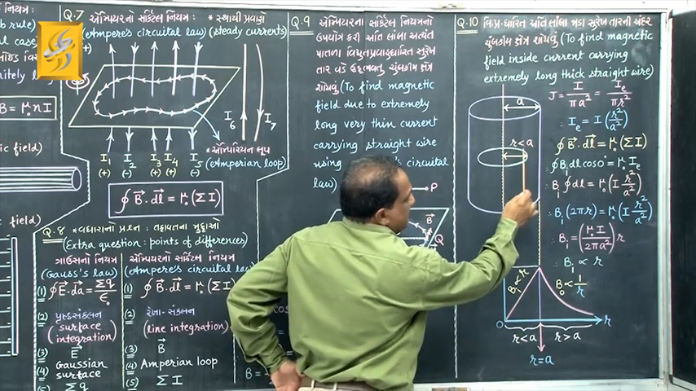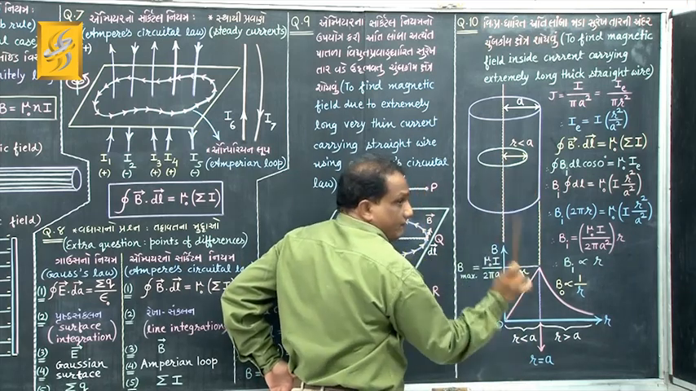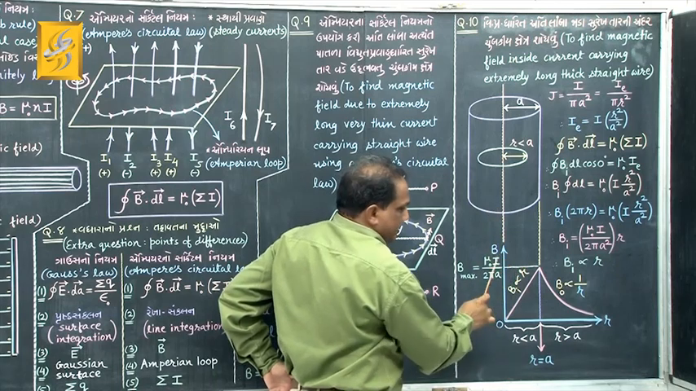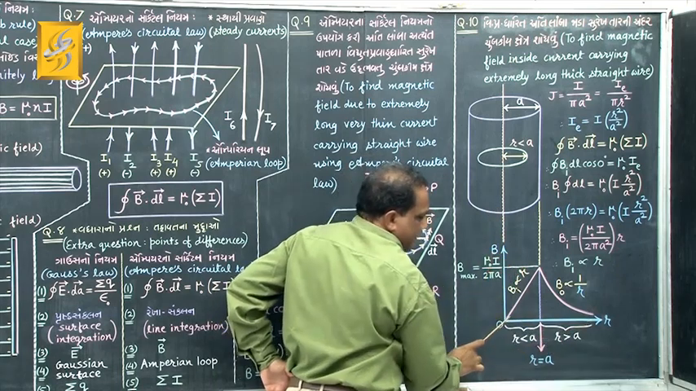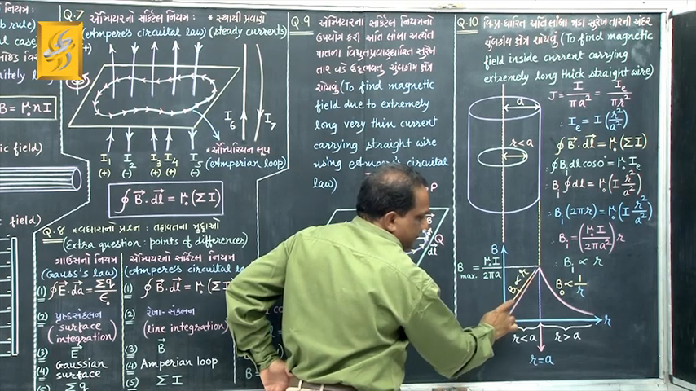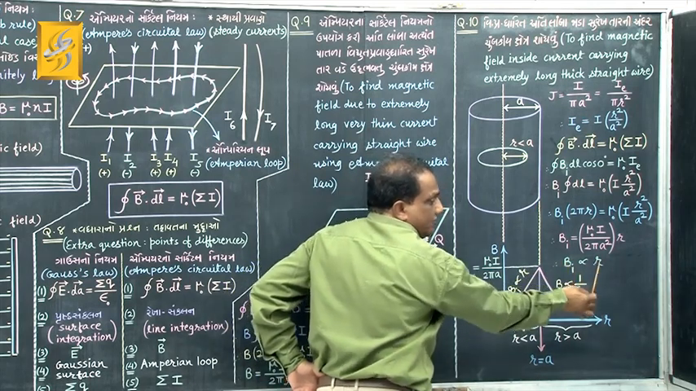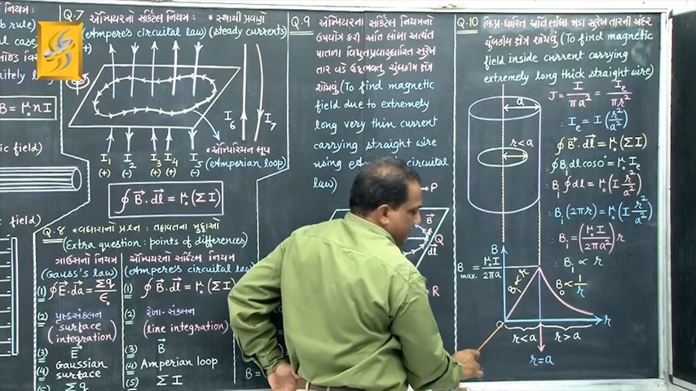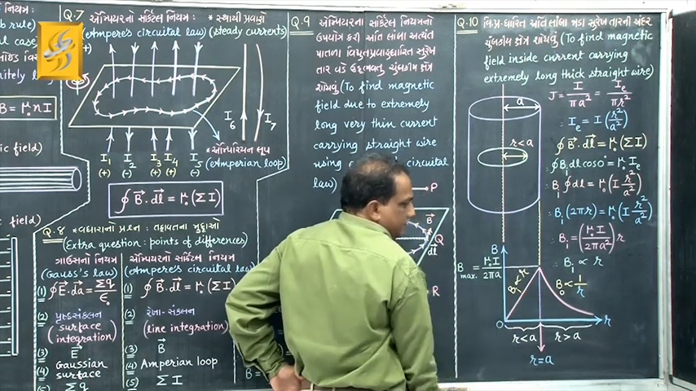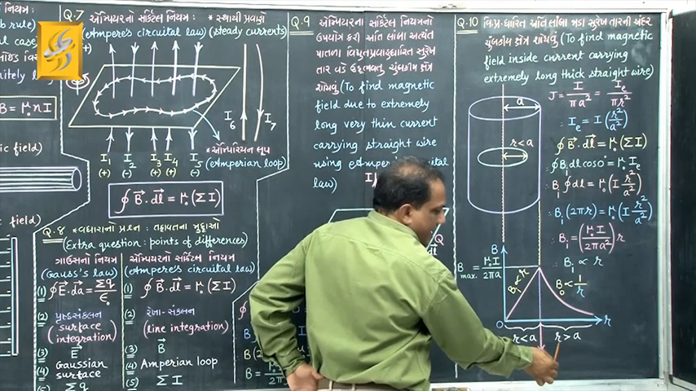When R is less than A, you are inside the wire. And for that region, the graph of B versus R is a straight line, because B inside is proportional to R. This is a linear relationship. That is why the graph is a straight line, correct. Then when you take R greater than A,